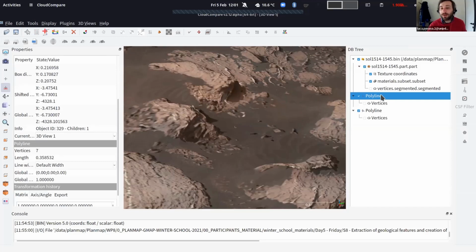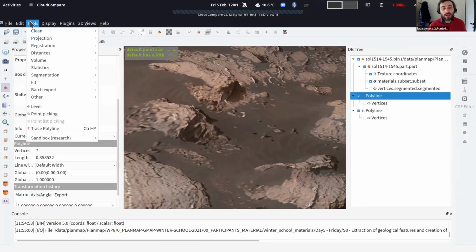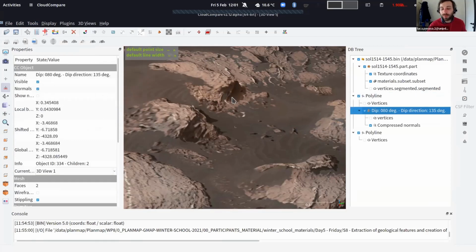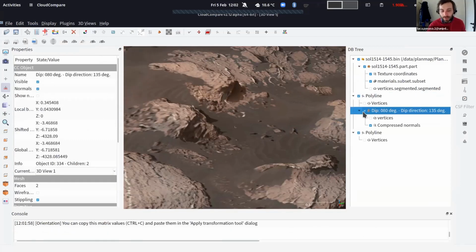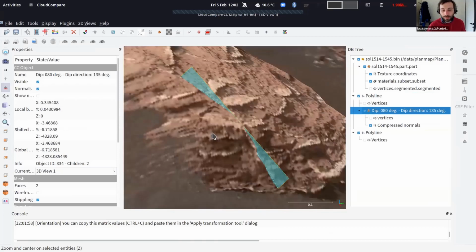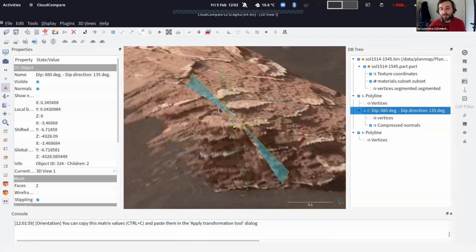There is a dedicated tool here, which is under tools, under fit plane, right? So you select a polyline, you can also select a point cloud and other kinds of data, and you can find the best fitting plane. So I will try to zoom in on that plane,